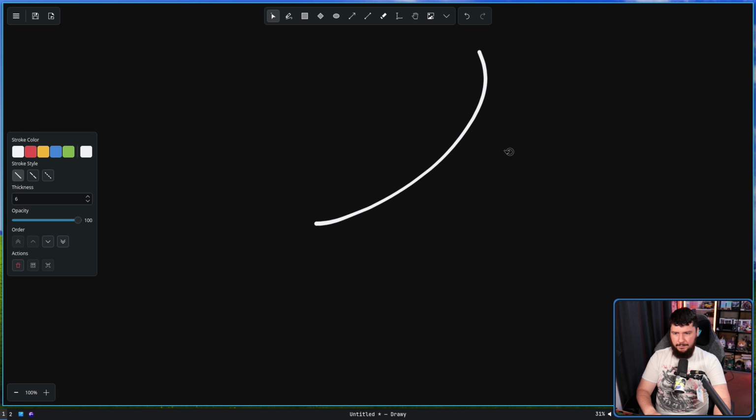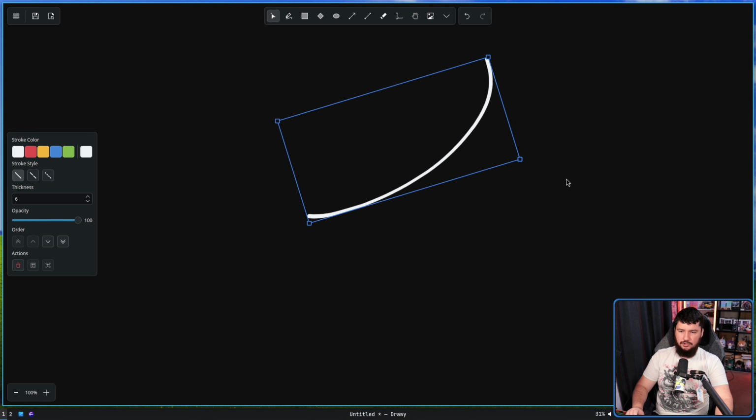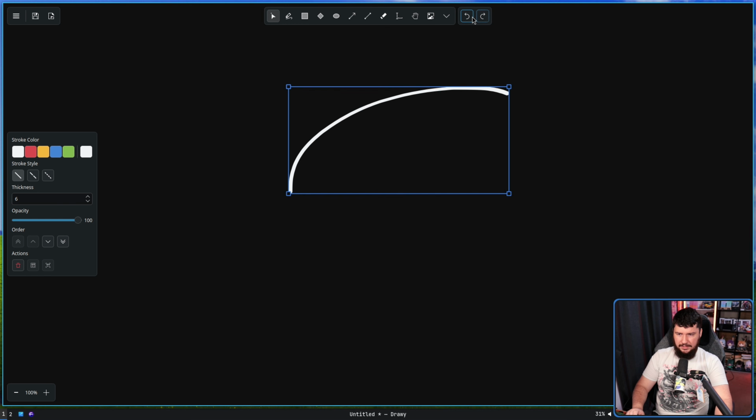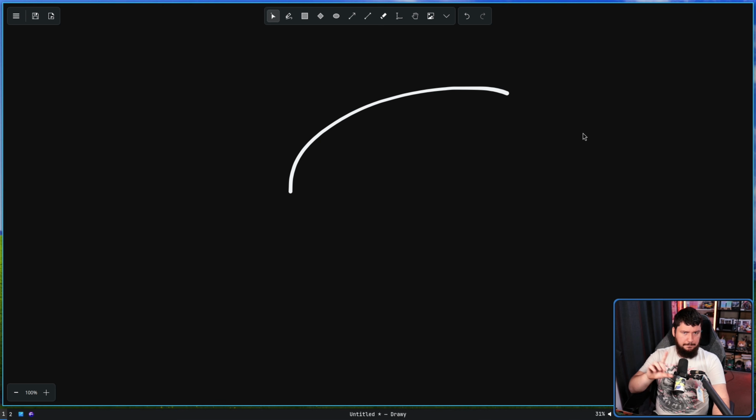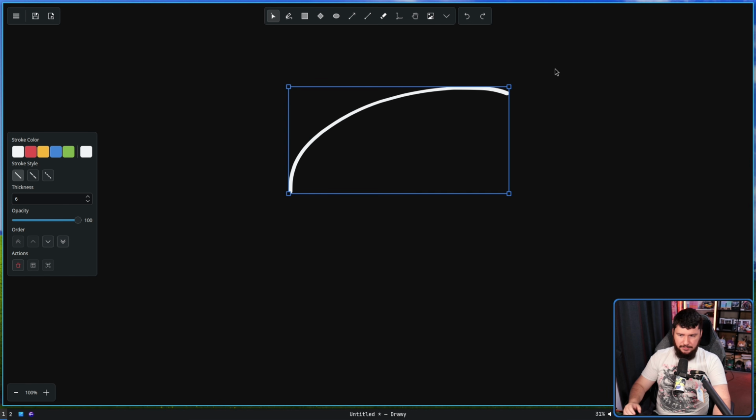Also, if you ever want to go back to an older state, we can press Control Z, or we can press the undo or redo up the top here as well. Do note that basically every action you do is considered something that can be undone. So right now, even though we undid the rotate, there's no redo, because deselecting an object is counted as an